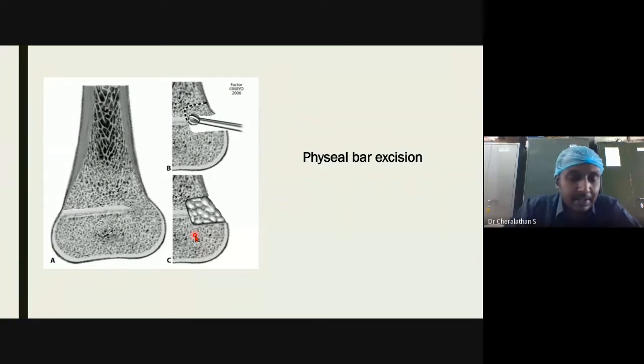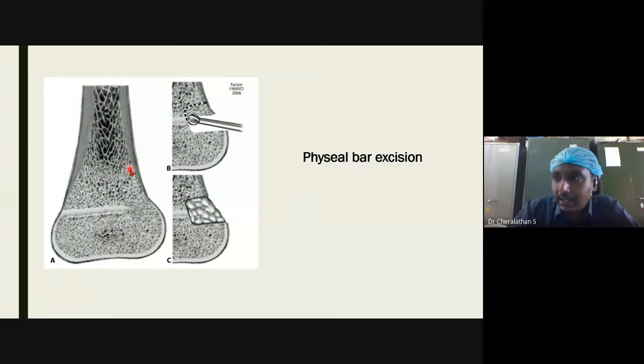Initially, I didn't understand. See, you can't do this procedure for all cases. You have to do it only in cases where the central part and the lateral part are still intact. Now, suppose in the same patient so much of the physis is already fused and only the lateral part of the physis is intact. In such patients, you cannot try this procedure. This is tried only when the outer rim of the physis has got a bony bar. See, you can't leave such a big void in a patient.